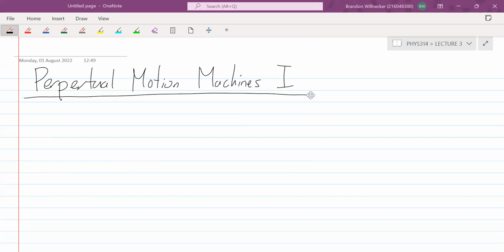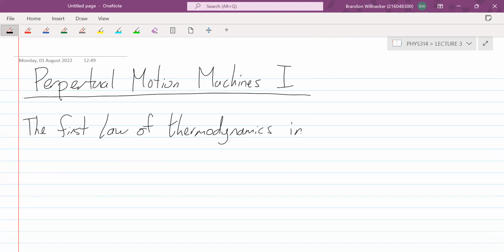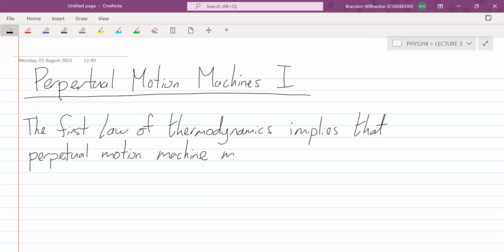Okay, more precisely, we can say the first law of thermodynamics implies that perpetual motion machines of the first kind